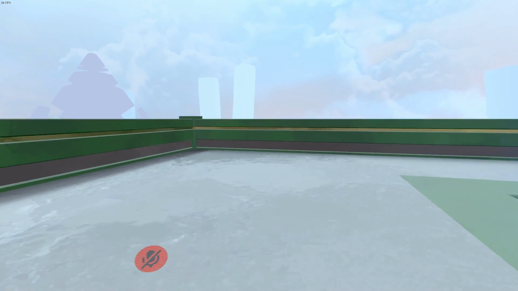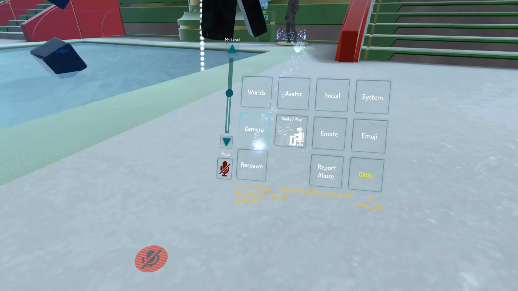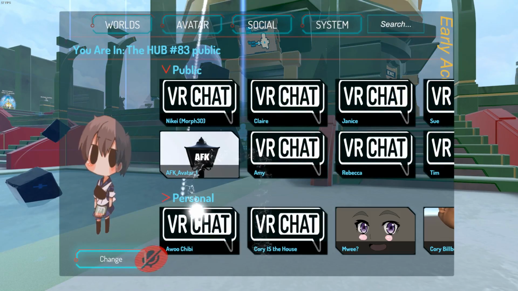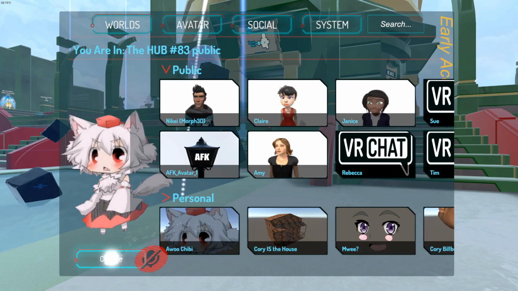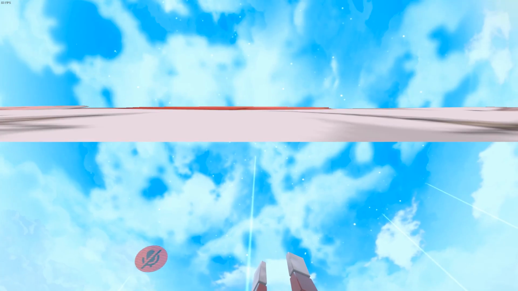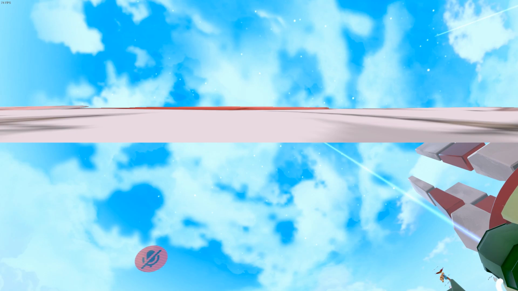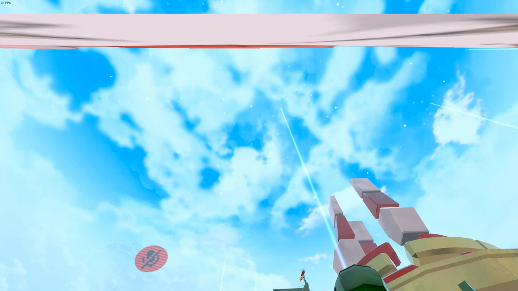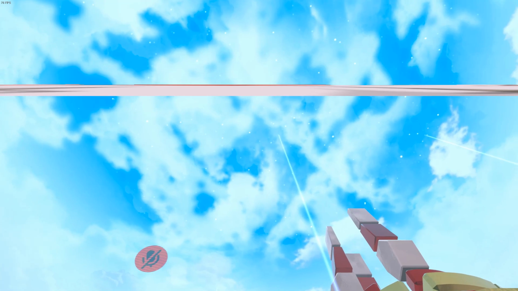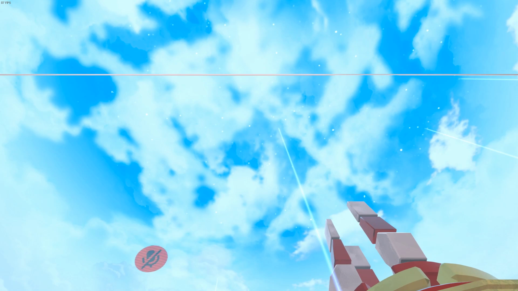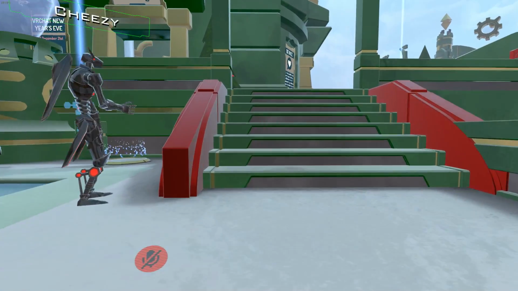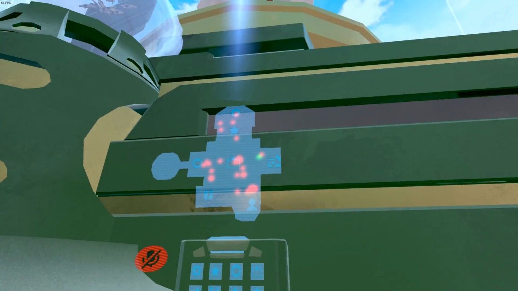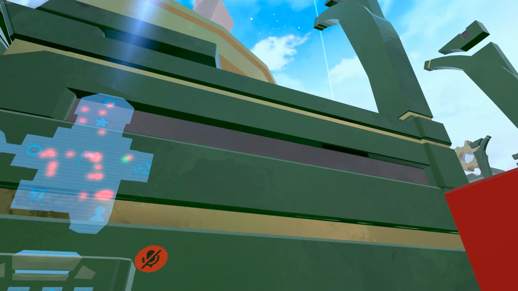And now here we are, loaded up into the hub. And now we're going to select our avatar here. And here it is. But we can't really see ourselves very well. There's no mirror here, but you can see what I'm talking about. Where I look up, I see the back of my head, but because I set it back a little, I have a gap that I can see through. So if I look at it just right, it's a very thin line that I can now see the top of. So we're going to go to the nearest mirror, look for these light pillars in the sky in the hub,